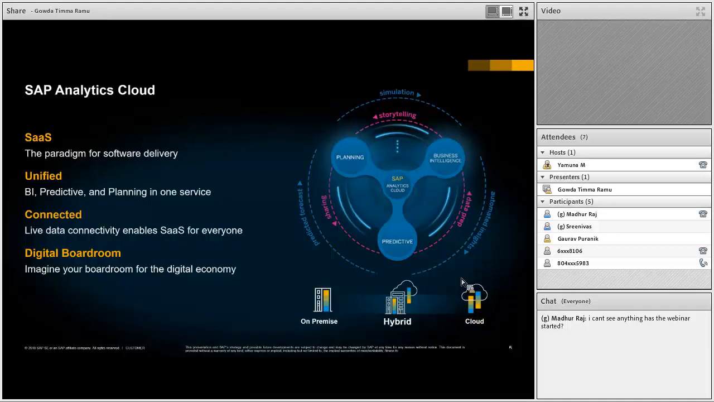And that's where we have brought planning, BI, and predictive capability into one solution as part of SAP Analytics Cloud. And I would be demoing how these capabilities work together for an end user to gain insight and make decisions from data. The other important thing to highlight is, as I mentioned earlier,